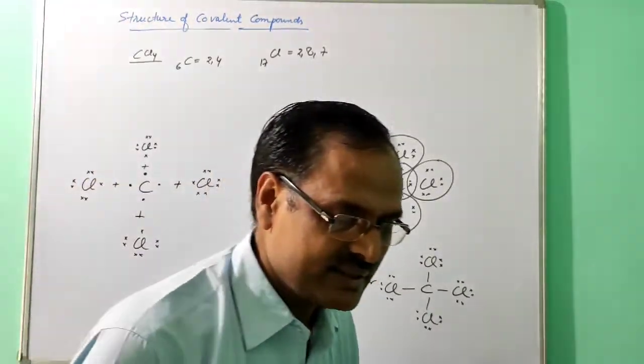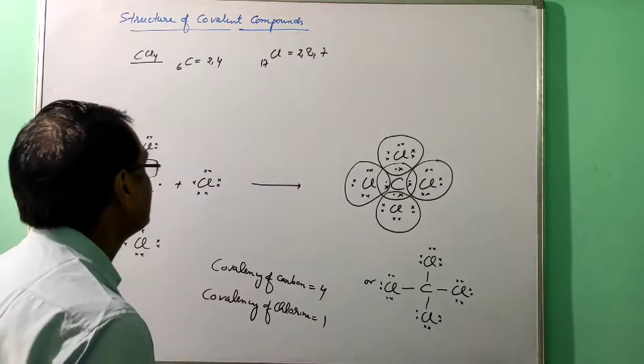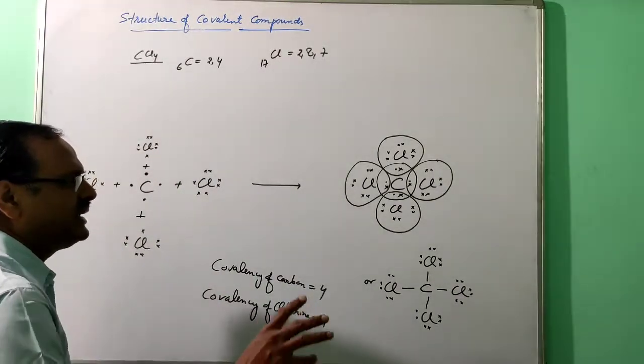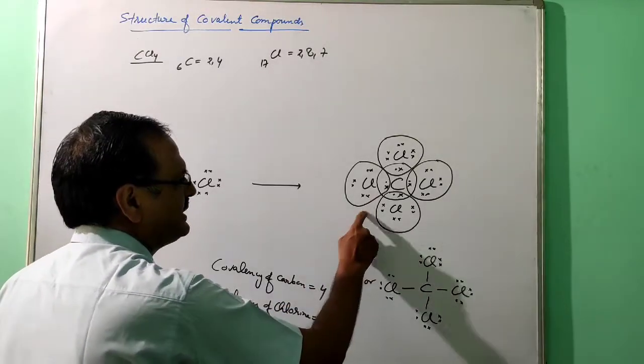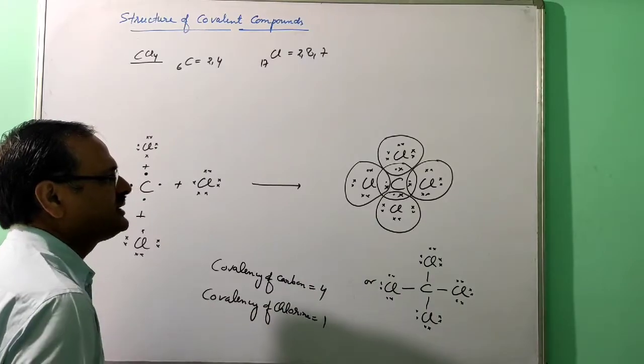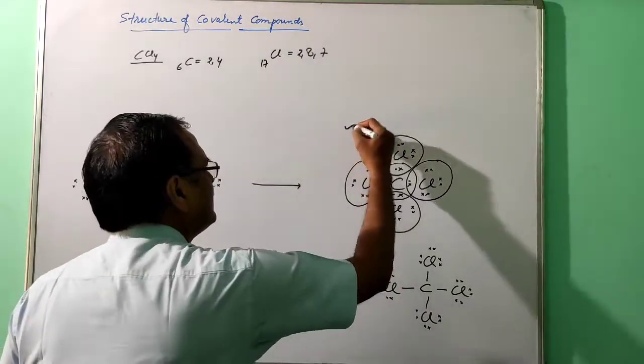So now the next structure is non-polar only, CH4. The marking will be given if it is asked in the board paper. They will give the mark on this structure. If this structure is correct, you will get the mark. So you give more importance to this structure.